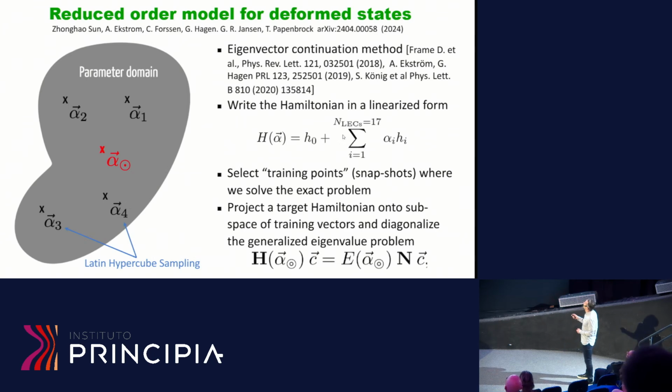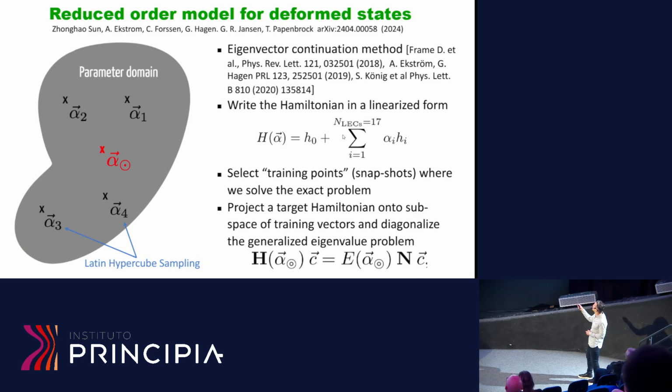Basically, the main difference is that in coupled cluster theory, the Hamiltonian is no longer Hermitian, so you have to solve for right and left states. So this is your parameter domain here. You pick what we call snapshots or training points, where you solve the exact coupled cluster solution. And then you project your Hamiltonian onto this small subspace of exact solutions,